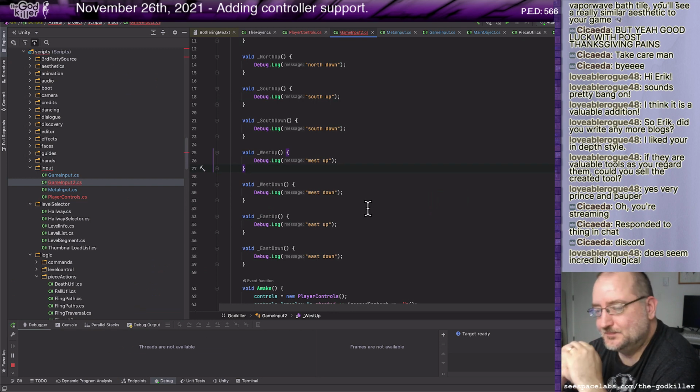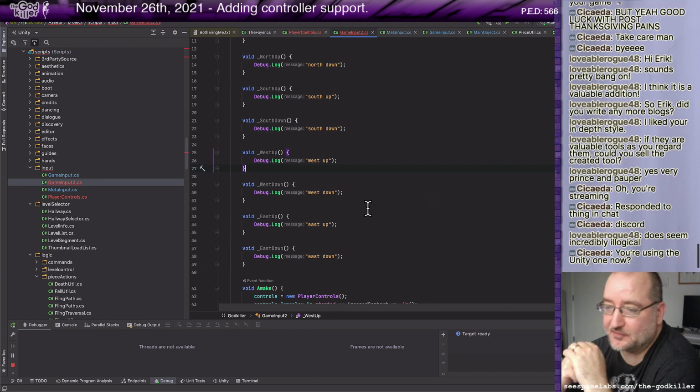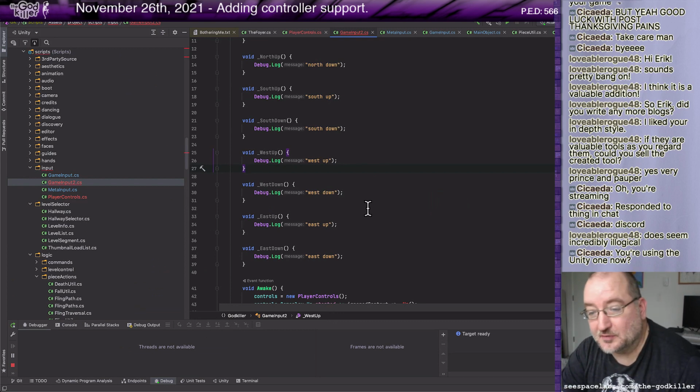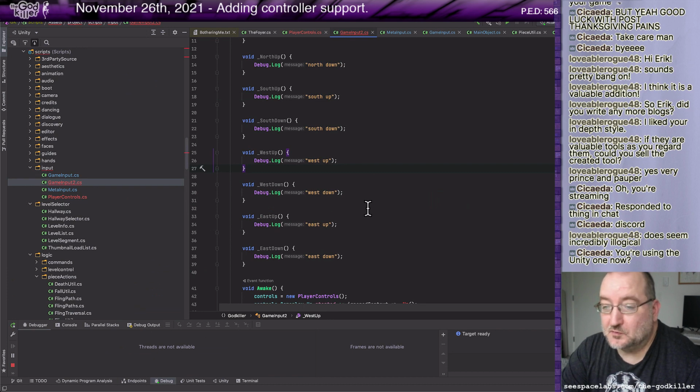I don't want some kind of action to happen in the game directly in response to the player pressing on their controller. What I want is, in the game update loop, to check and see if the button's currently up or down.